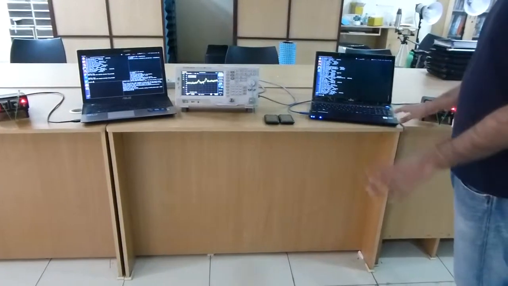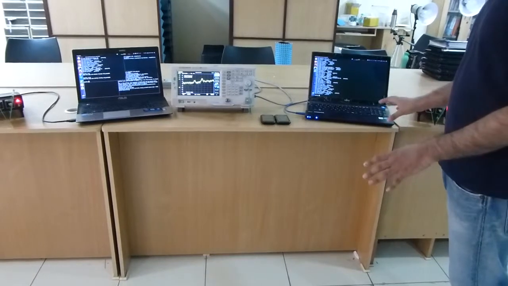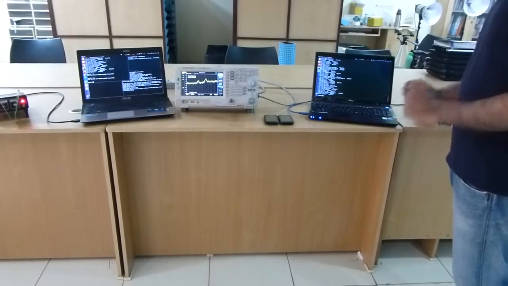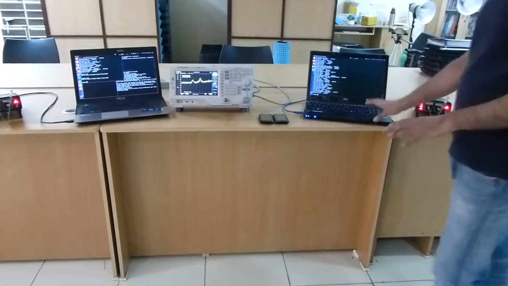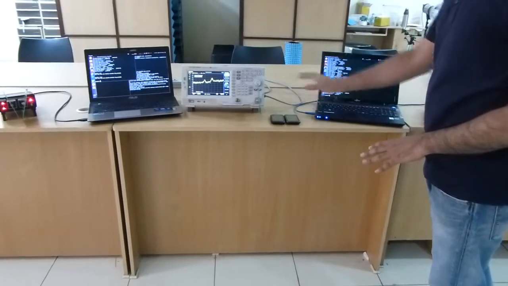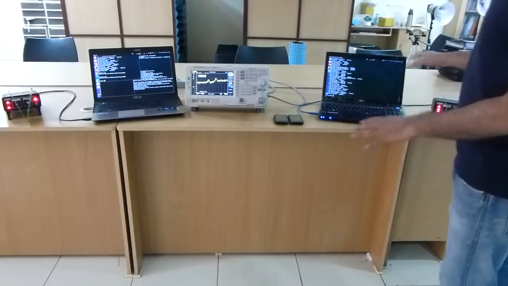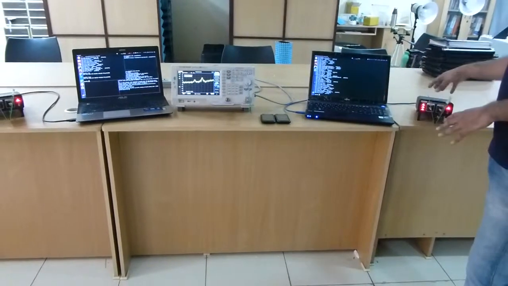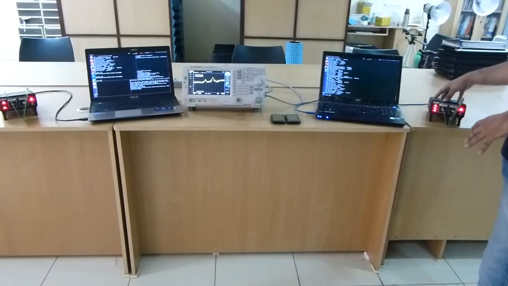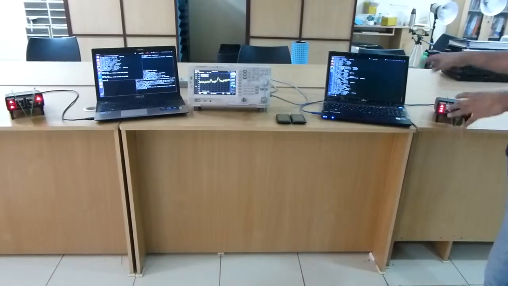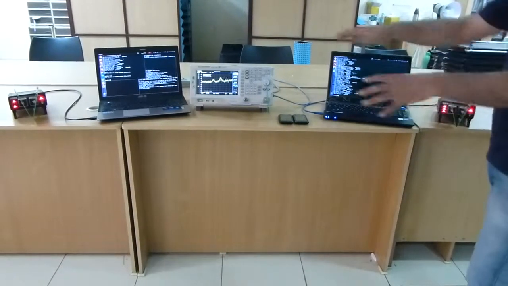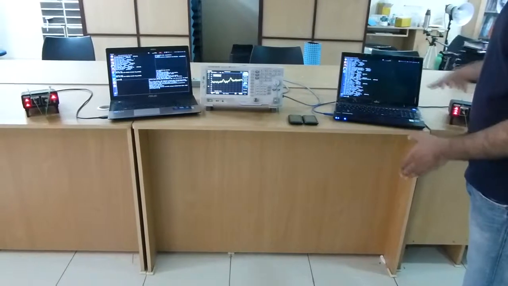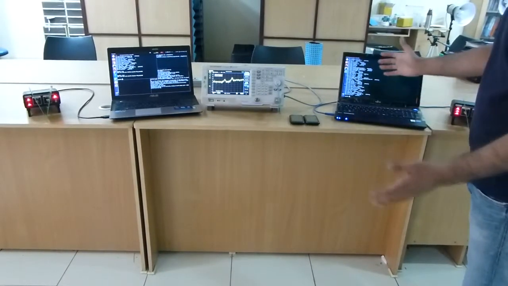Hi, this is a basic demo of Mobile Communication Lab MCL04. It comes with two laptops which are pre-configured to work with two base station transceiver systems. Each of these systems of a laptop and a base station is a complete GSM base station in itself, and two of these can be configured to work as a complete GSM system.